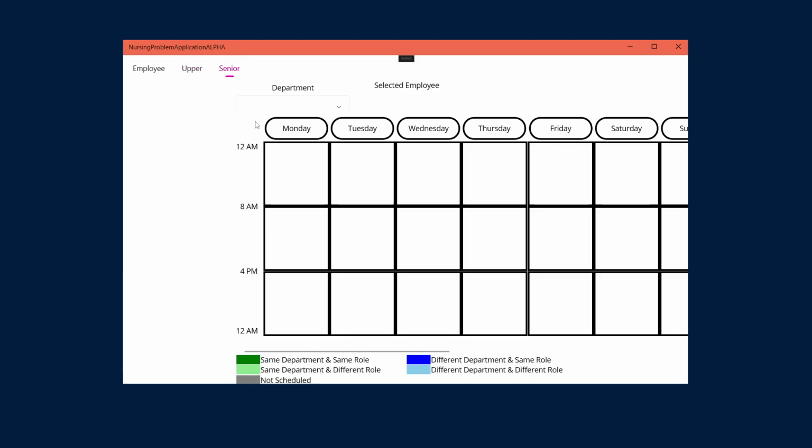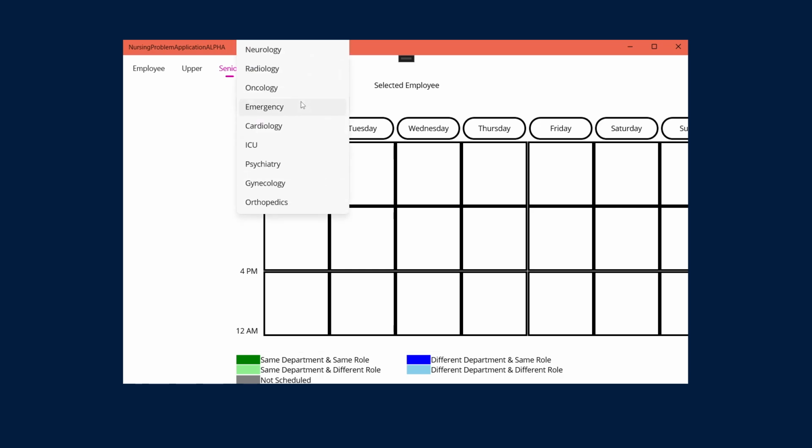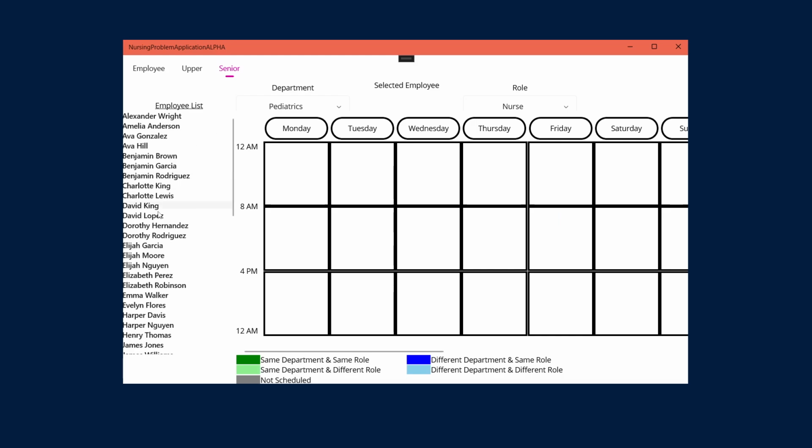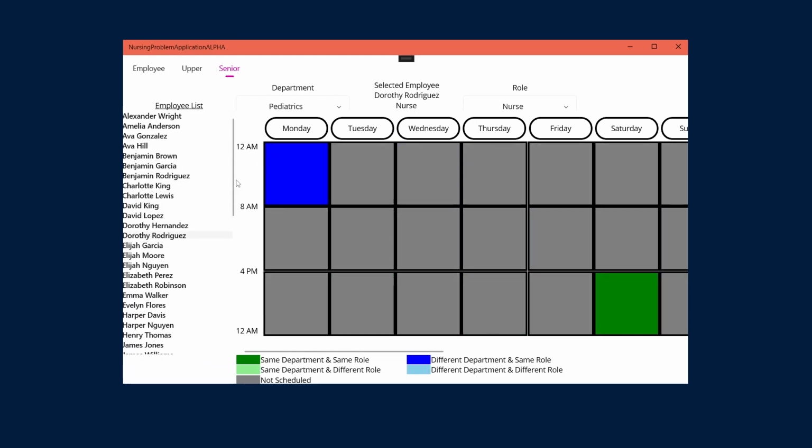The senior upper management screen is used to get the 5 slices that we require for this department to see the different schedules. So for instance, if I go to pediatrics and I want to see nurses in pediatrics, this is an employee list of all the nurses in pediatrics, and then you can click through them, and